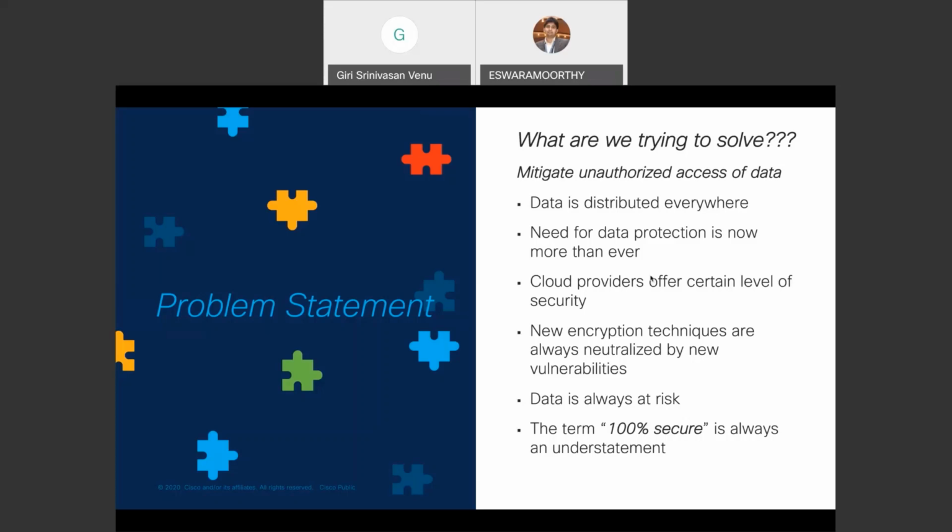But the security aspect is still a question mark. Even though there are new encryption techniques being adopted by the recent cloud providers, they are always neutralized by a new set of vulnerabilities. As again, we know, right? Innovation happens on both sides of the firewall, both inside and outside. So there are new breaches coming in today, hackers adopting new technologies, and the threats are also evolving. So the bottom line here is that data is always at risk, and the term 100% secure is always an